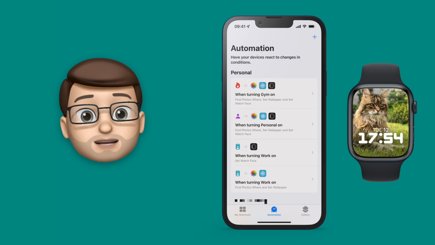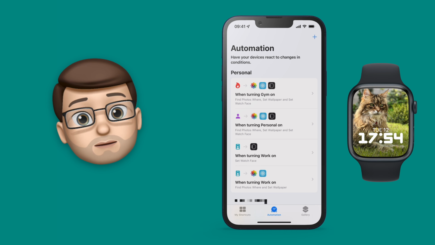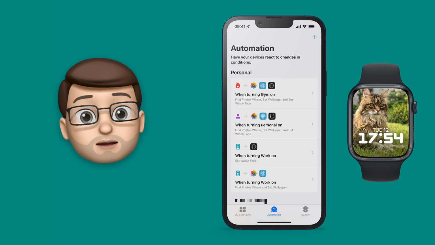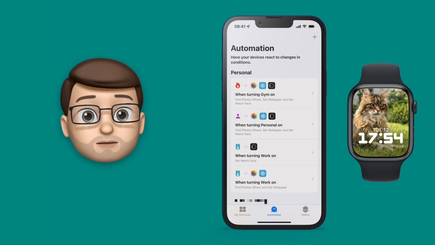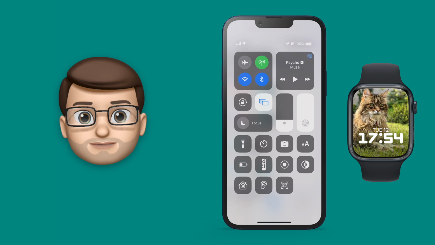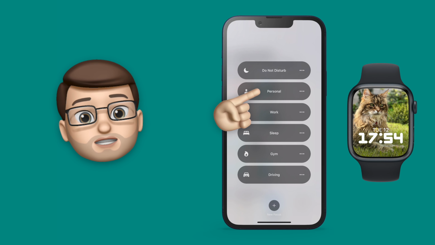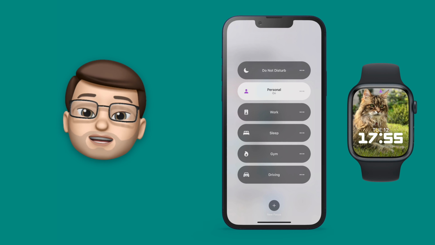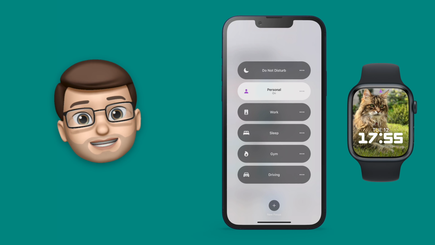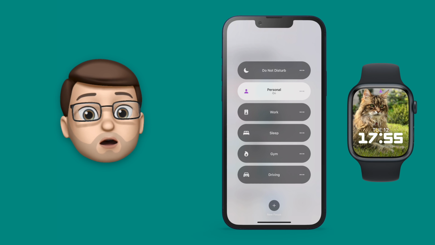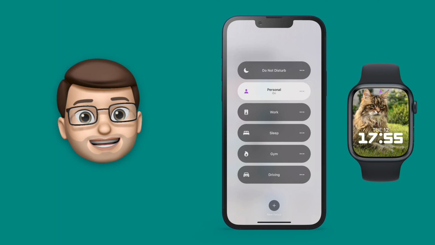And now on my automations home screen, I've got the 4 that I've set up, 2 for work, 1 for gym and 1 for personal, all of which will now change my watch faces. So, time to jump into Control Center and see if it works. I'm going to tap onto focus modes, and then I'm going to choose my work focus first of all. Of course, if you're doing this on location basis or by time of day, it'll happen automatically, you haven't got to go into Control Center each time.